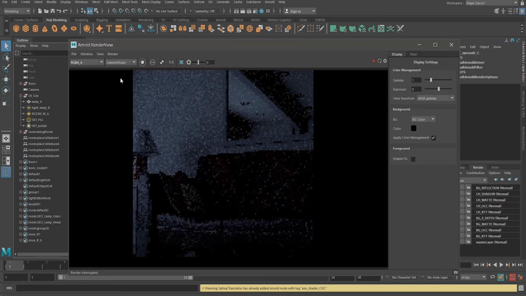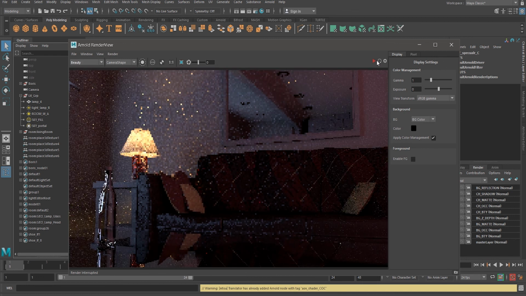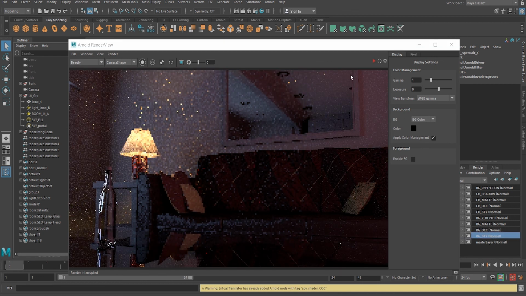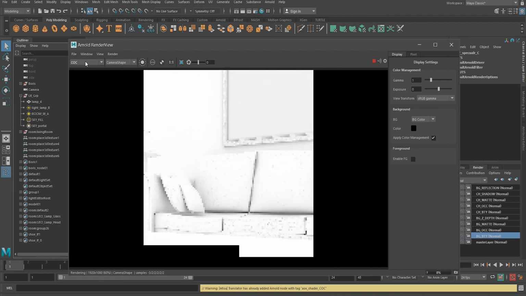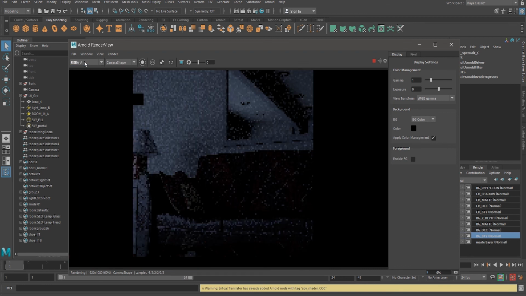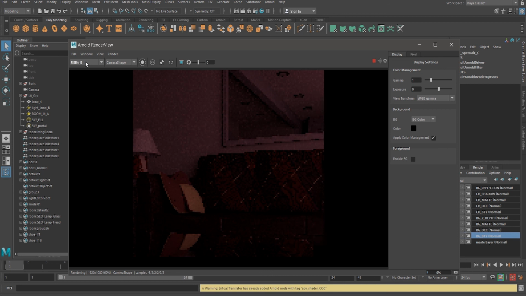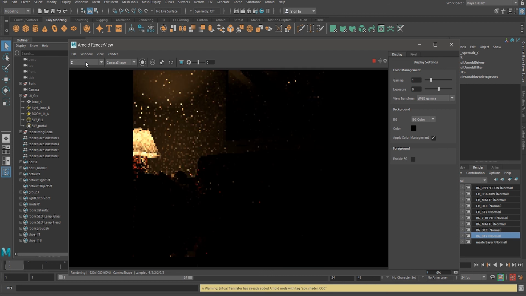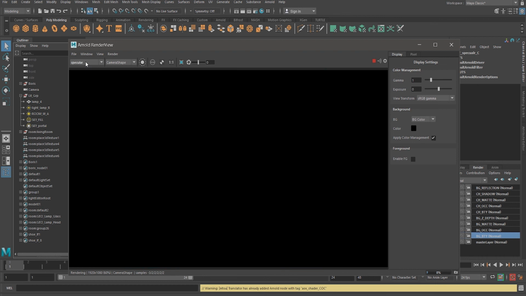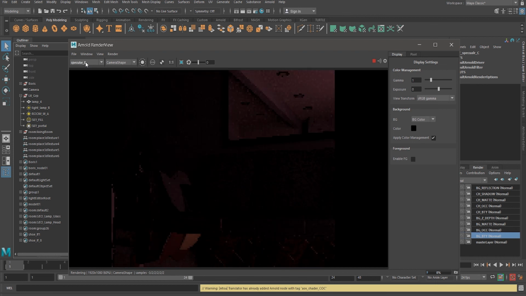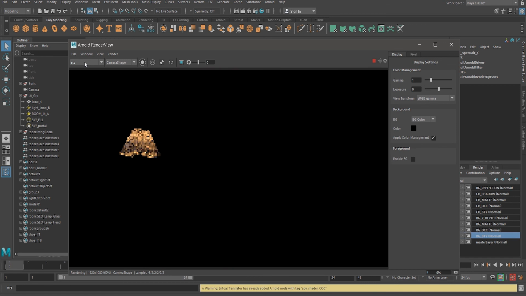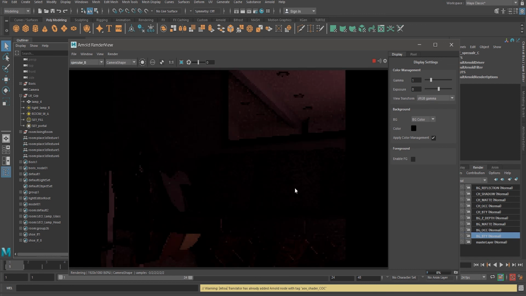Now let's check. Go to the BG Beauty layer and click on render. So now let's check. This is RGBA, this is RGBA B, this is RGBA C, and now this is specular A, specular B, and where is specular C?